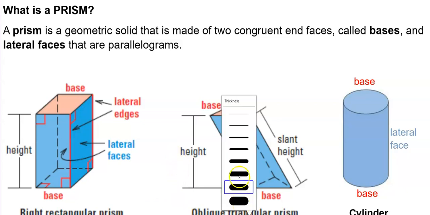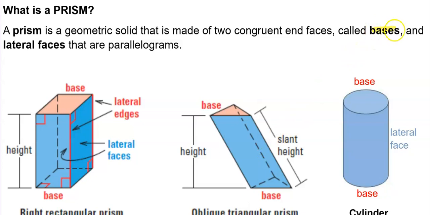For a prism, our bases, actually let me change my color here. Our bases are not necessarily the top and bottom. They are the 2 parallel and congruent faces. These are the bases. You can't see it on the bottom, but if we were to extend it. And then our lateral faces are the sides or the edges, and they are always going to be parallelograms, mostly